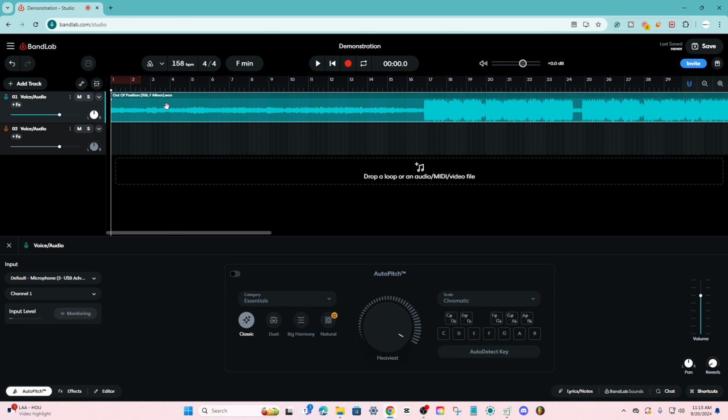So the first thing you notice when I dragged the beat in here, right? This changed and this changed, okay? 158 BPM in F minor. Why did that change? Because BandLab analyzed the audio and set it so that we are in key and on tempo. Whenever you do a new track, a new song, it doesn't matter what DAW you're using,